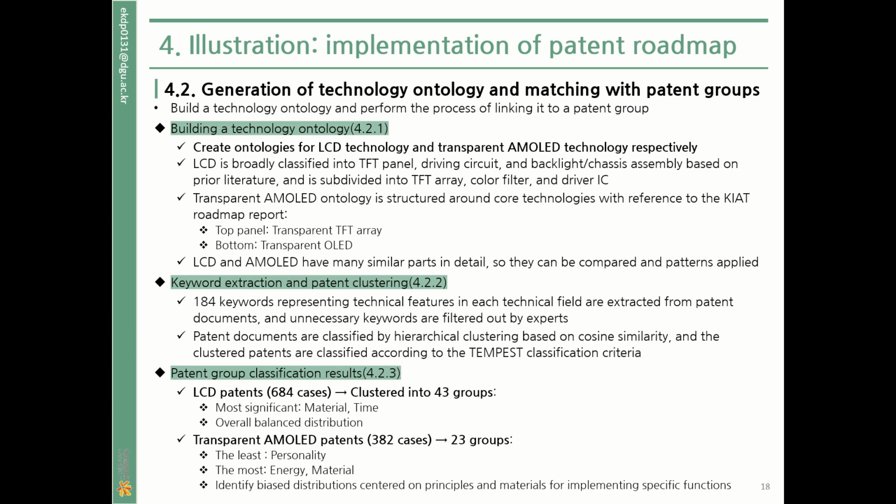In this step, this study builds a technology ontology and connects it with the patent group. First, in the technology ontology construction stage, this study creates an ontology for each of the LCD and transparent AMOLED technologies. Then, 184 keywords representing technical features in each technical field are extracted from the patent documents, and the experts filter out necessary keywords. Patent documents are classified into